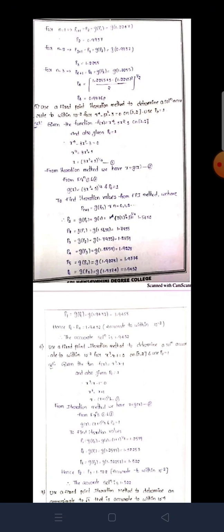For n is equal to 1 implies P1 plus 1 is equal to P2 is equal to g of P1 is equal to g of 1.2247. After simplifying, we get the value P2 is equal to 0.9937. For n is equal to 2 implies P2 plus 1 is equal to P3 is equal to g of P2 is equal to g of 0.9937. After simplifying, we get the value P3 is equal to